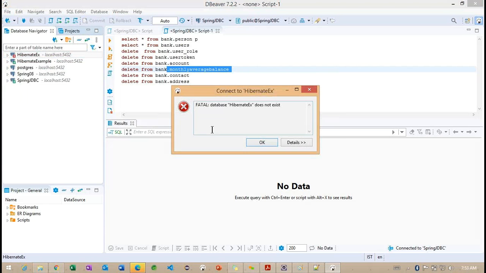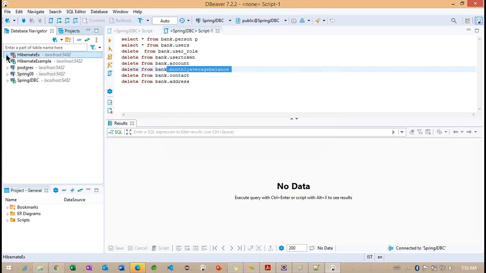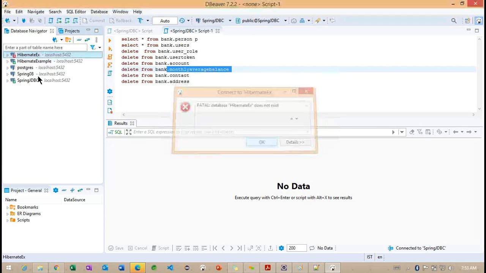And now we can understand here, this particular database does not exist here.